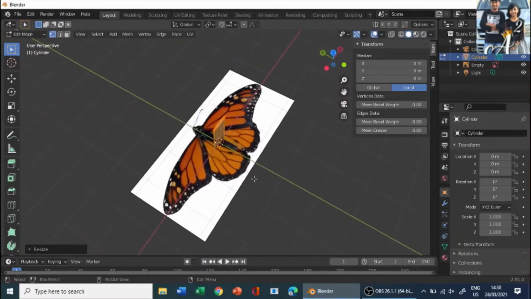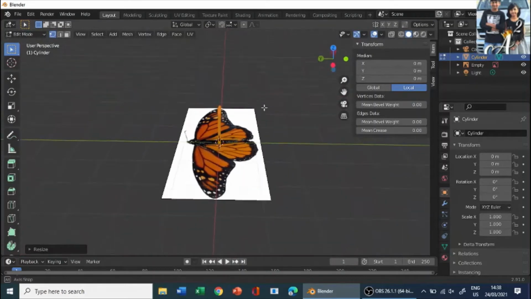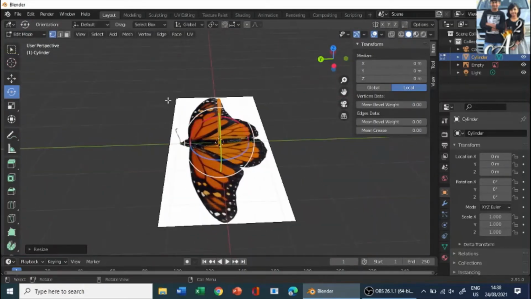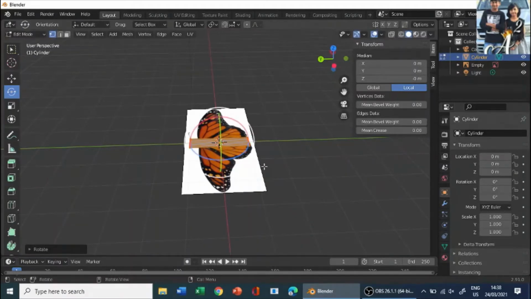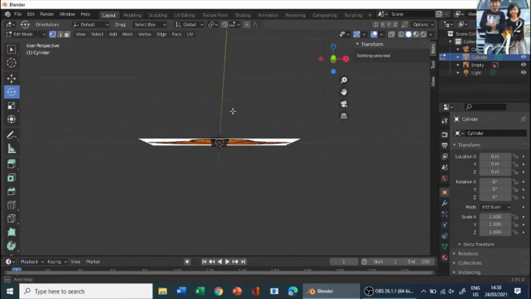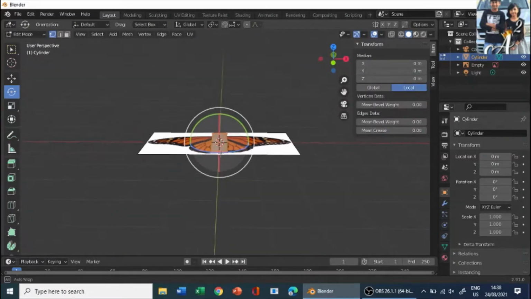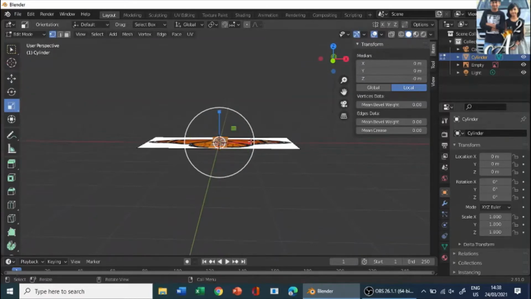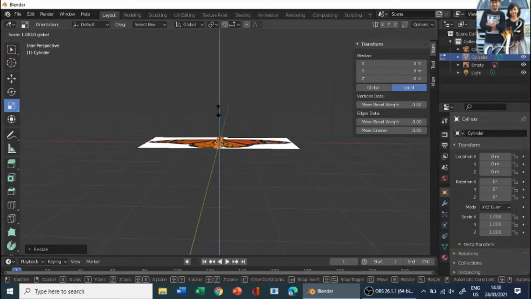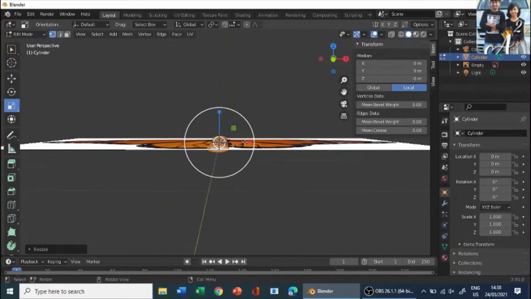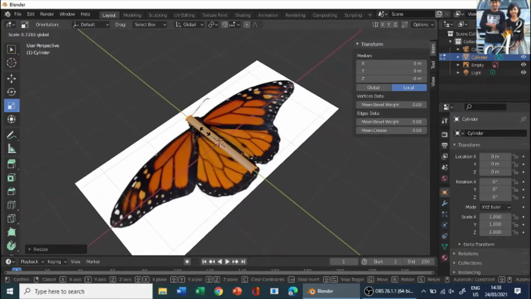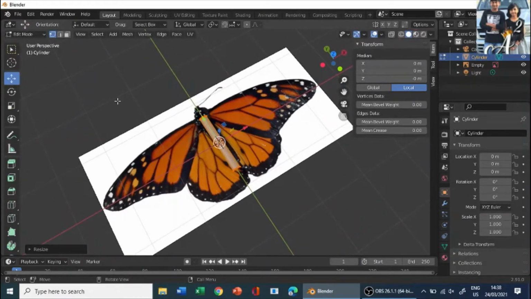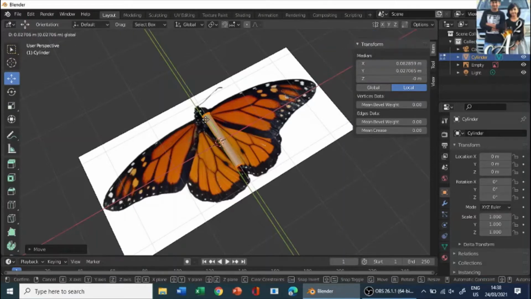And that's all. Now we'll rotate it to the other side. Let's check which side we need to rotate. We need to rotate it on the X axis by pressing R, X, and 90 degrees. That will do it. Now we have our middle body. Let's press A to select all, and scale it a bit to the side, this much. At the top we need a little more breadth. Over here, it's super small, so let's give it a little bit of breadth, decrease its size over here, and move it across like this.